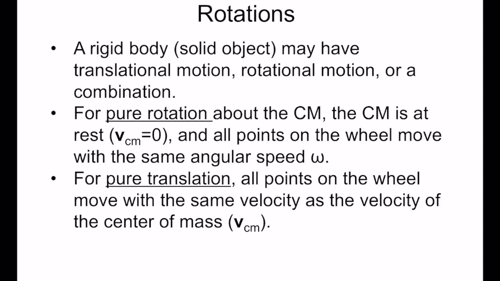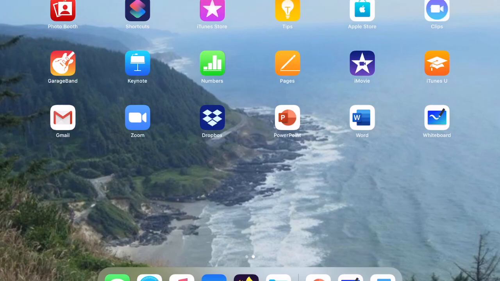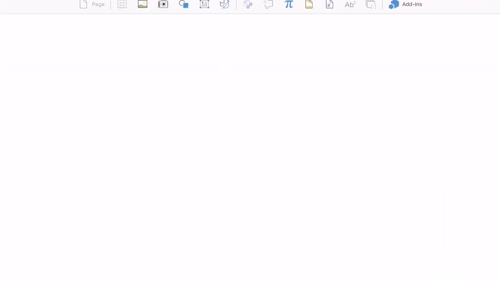You can show that no matter how complicated the motion of the object is, it can always be broken up into a couple of simple types of motion, and these are called translation and rotation. So let me just quickly explain what rotation and translation are. So pure rotation is when